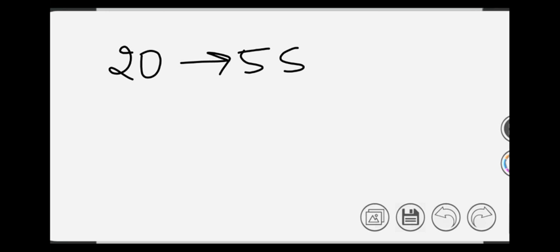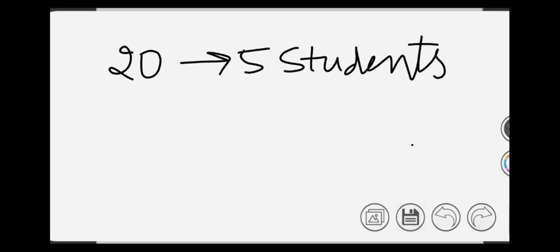Now let's move to another example. Next, if I want to divide 20 chocolates among 5 students, how many chocolates will each student get? So children, whenever there is a problem for division, we always find it for 1. Like in multiplication we find it for many, but in case of division we find for 1. So that is a keyword. The keyword is each. Whenever we need to find for 1, we always divide.